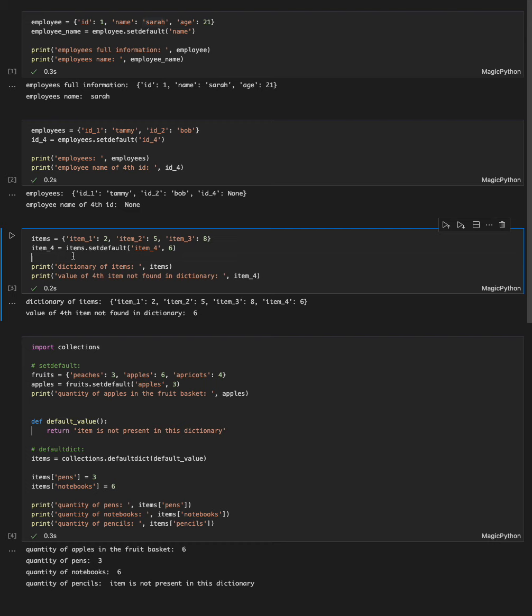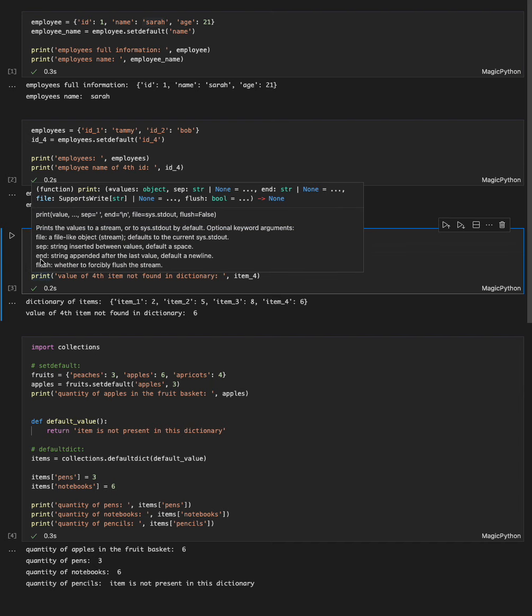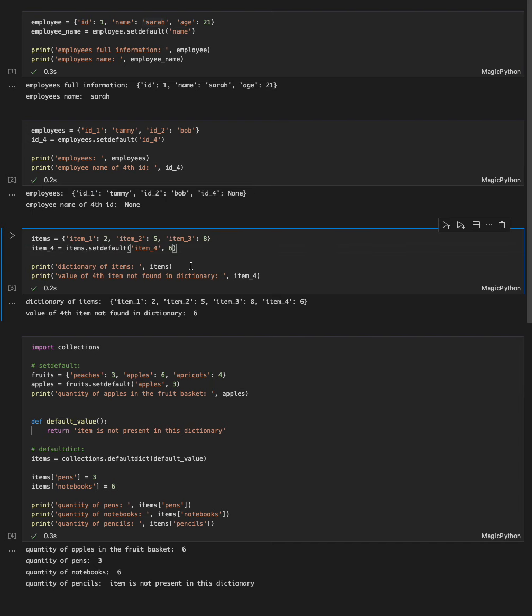calling the set default method on the items dictionary, and I'm going to pass as a parameter to the set default method the item 4 as a key, and then a value should be, I think, a value 6. Okay, a quantity of 6, and so I'm going to print out the dictionary of items, and then I'm going to print out the value of the fourth item not found in the dictionary,